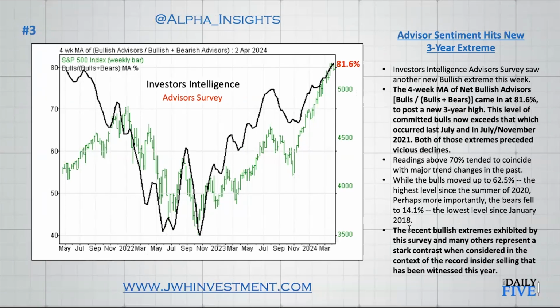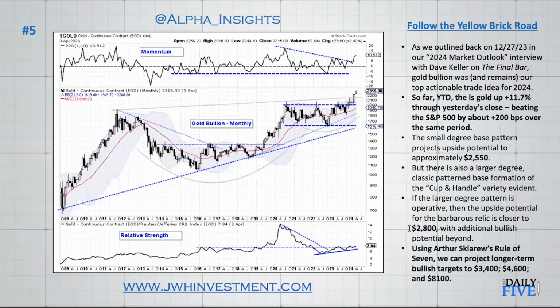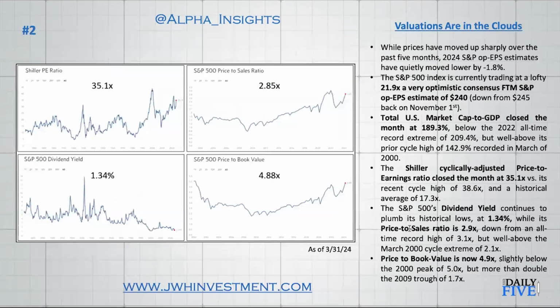And we have what I believe is a brewing major sovereign debt crisis, likely to occur on a global basis over the next decade. This will be first felt at the individual level and at the corporate level. So personal debt and corporate debt will also be affected dramatically, and those will be the canaries in the coal mine to give us a sense of what's happening. But sentiment is so bullish toward stocks. Investors are willing to pay virtually any price for stocks,